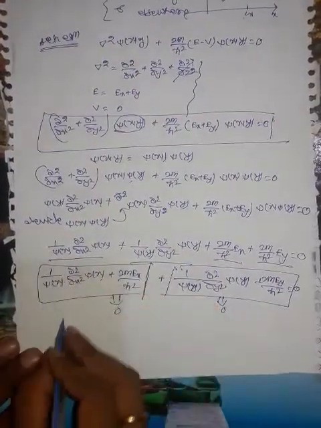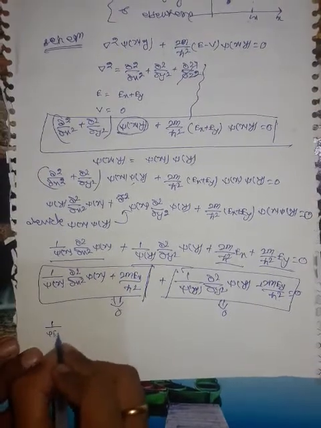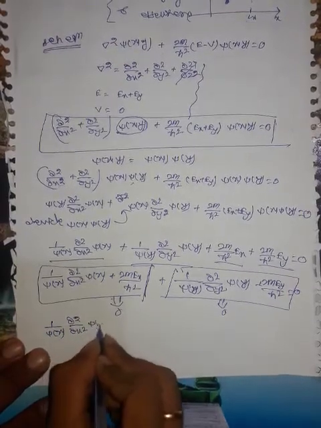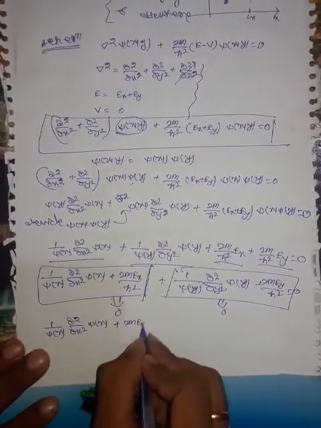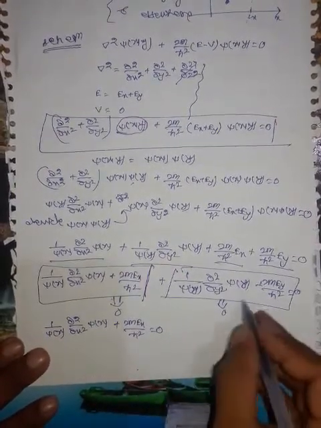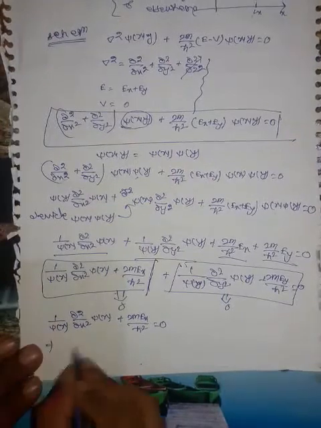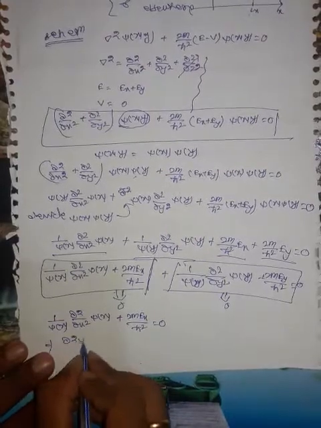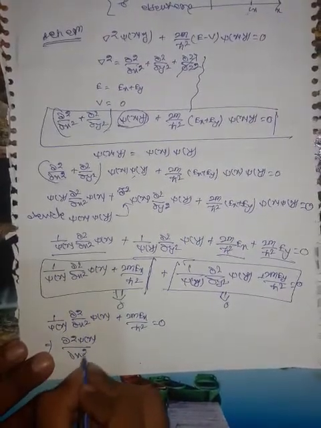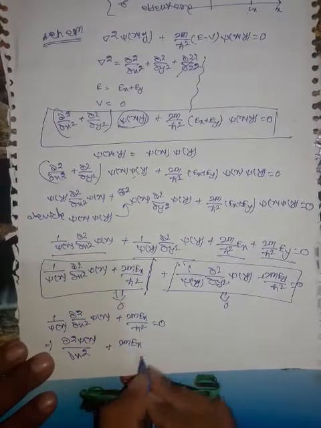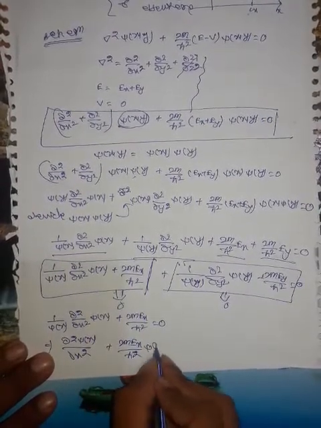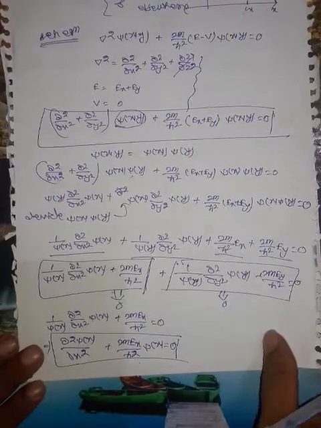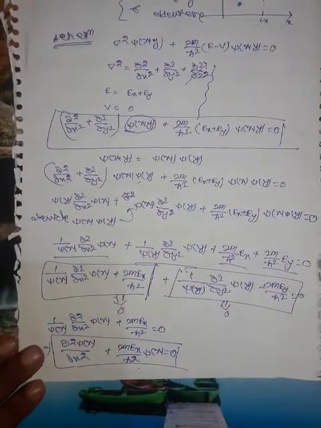First of all, we solve the equation in the x coordinate. We can write this Schrodinger equation in the form of 1 by psi of x, del square by del x square of psi of x, plus 2mEx divided by h cross square is equal to 0. Taking the LCM, this equation becomes del square psi of x by del x square plus 2mEx divided by h cross square times psi of x is equal to 0. Okay, this is again a second order differential equation, so we can solve it by using the methods for second order differential equations in mathematics.